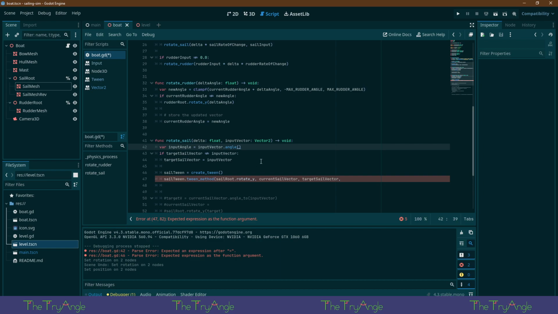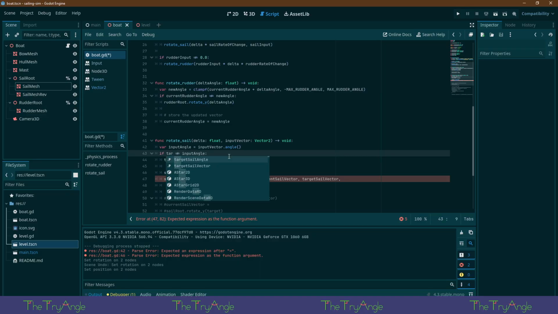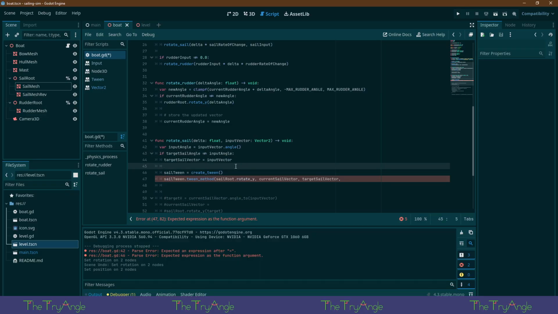So we're going to get the input angle, and we're going to say if the input angle is not the same as the target angle, then we're going to set a new target angle. And then we're going to go whatever our current sail angle is, go to the target sail angle,